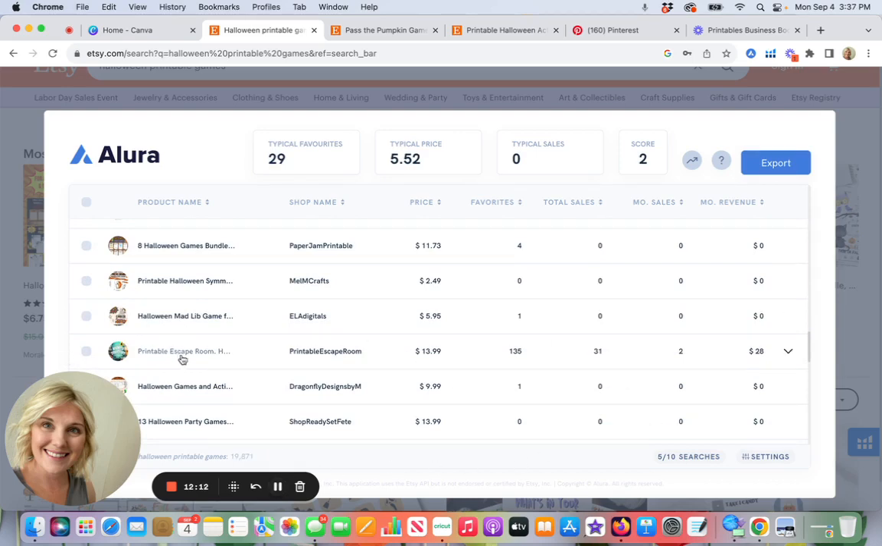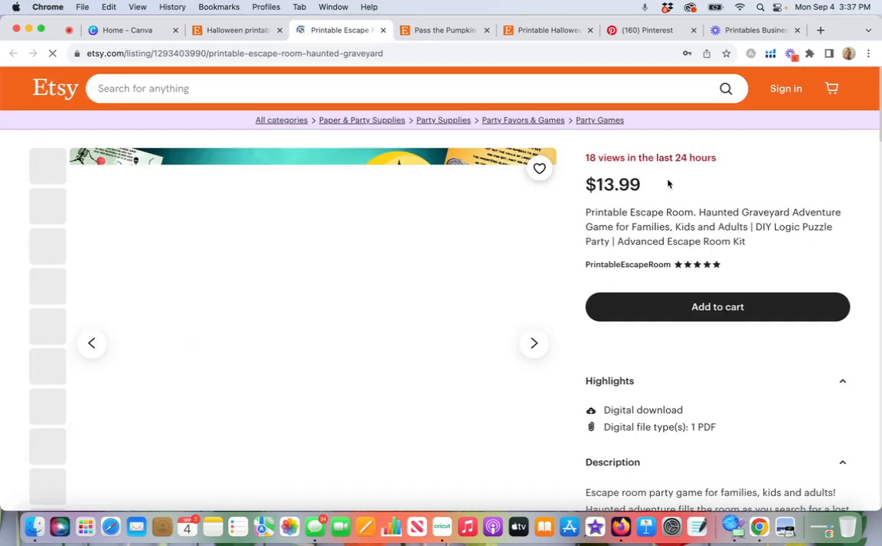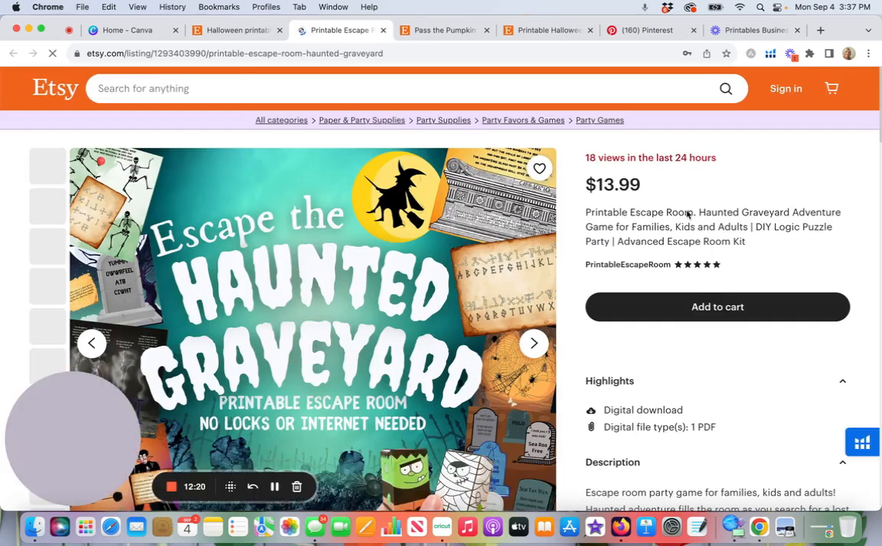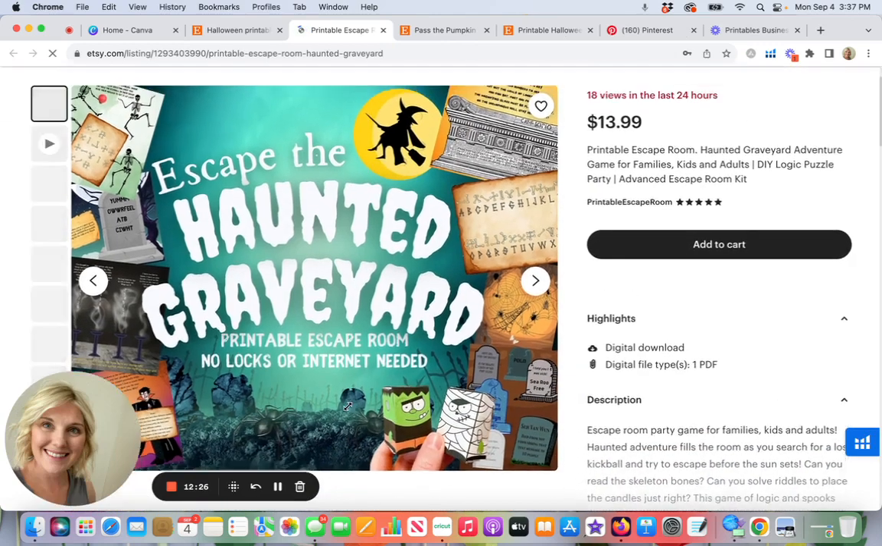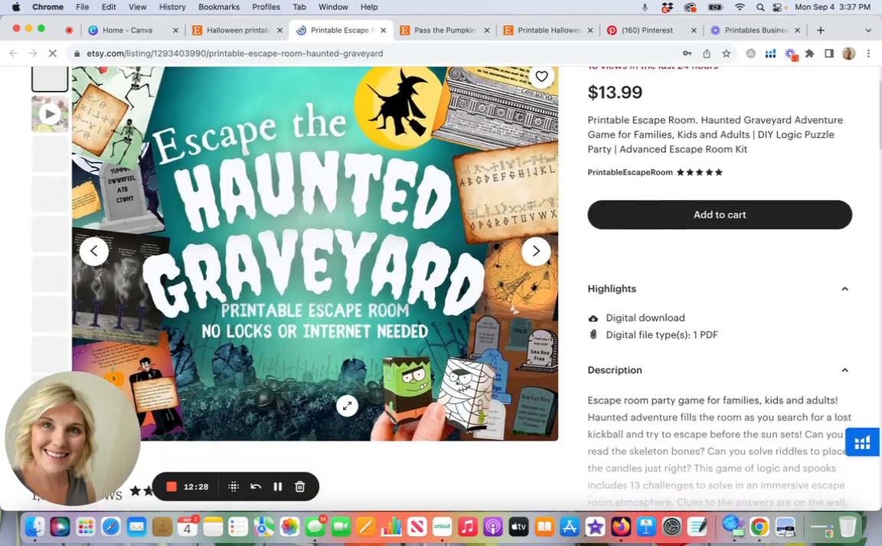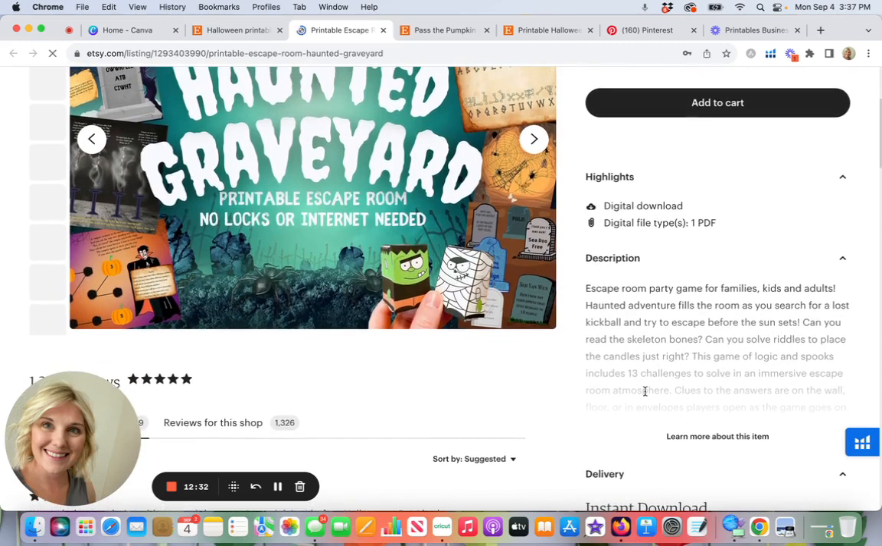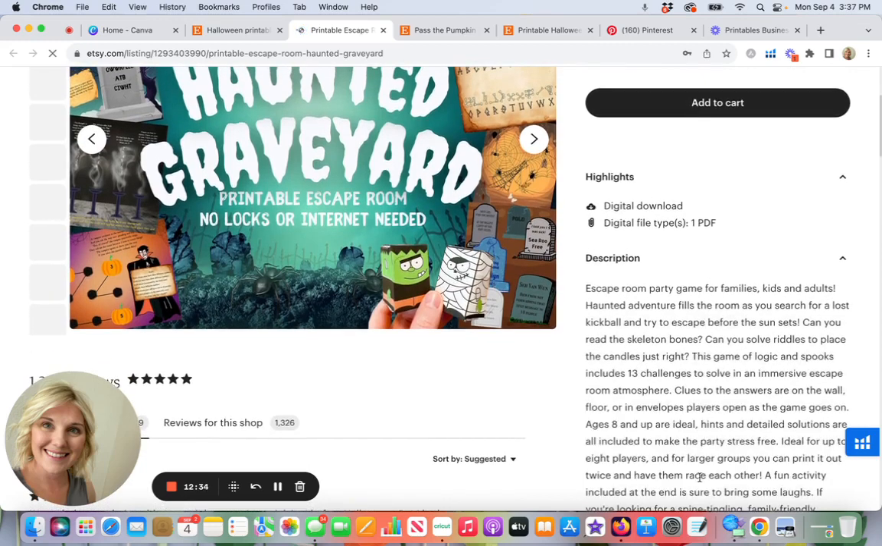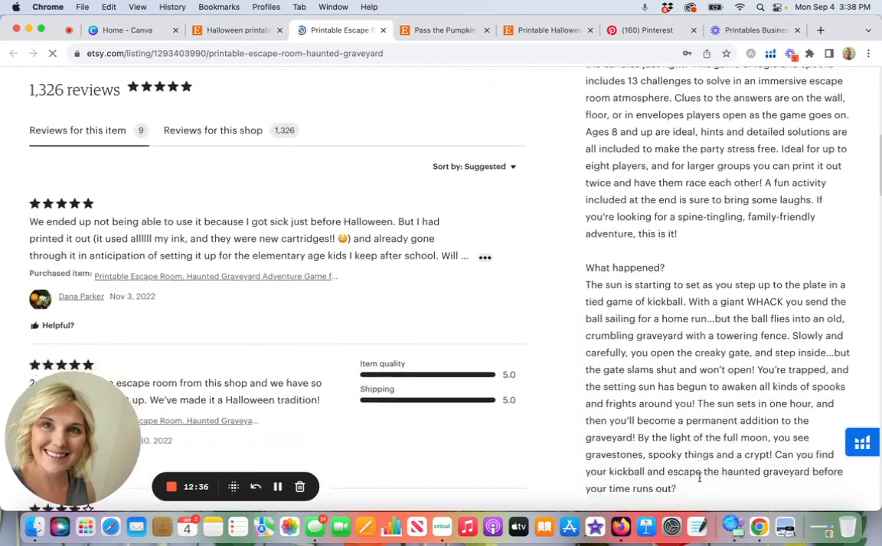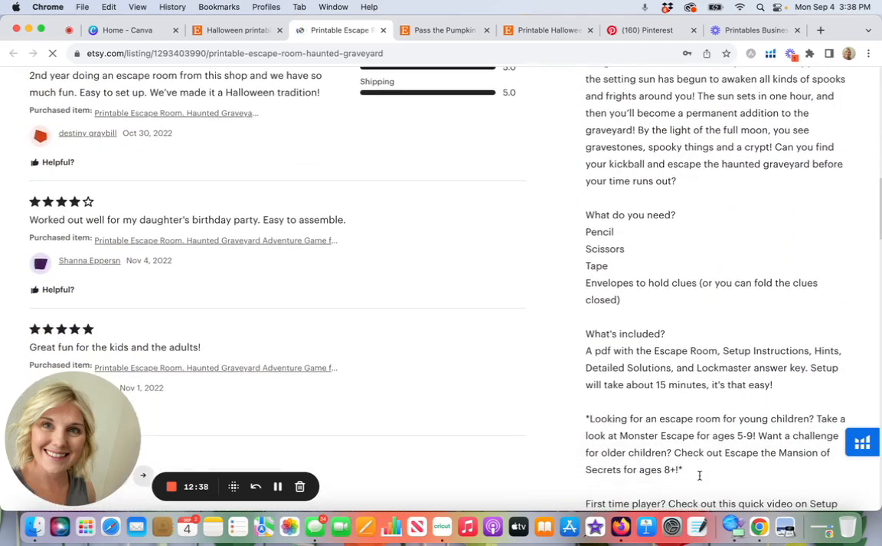Let's look at this printable escape room. So they've had 18 views in the last 24 hours, but they're not added in their cart. And it's Escape the Haunted Graveyard. This looks really cute. So it looks like it's a party game with print and cut and kind of build it yourself. They have a really great description here and what you need to actually build the game, what's included. It's just the printable PDF